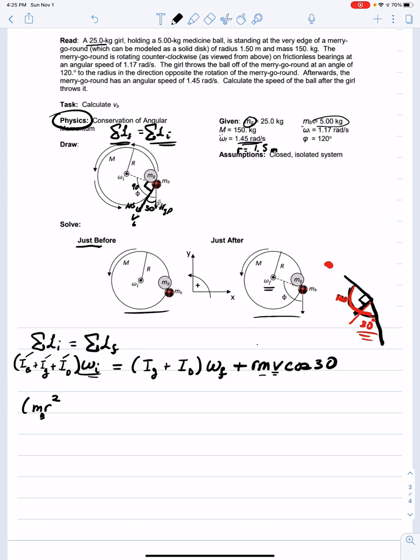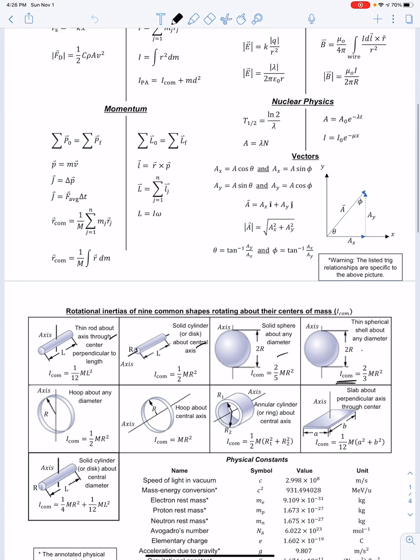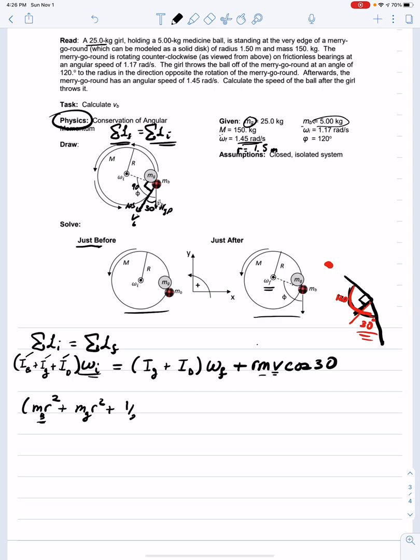So mass of the ball times radius, plus mass of the girl times radius squared, plus mass of the solid disk, just to verify, solid disk, here we go, 1/2 mr squared, which is 150 kilograms, mr squared, times initial angular velocity is equal to mass of the girl now, r squared, plus 1/2 mr squared times final velocity